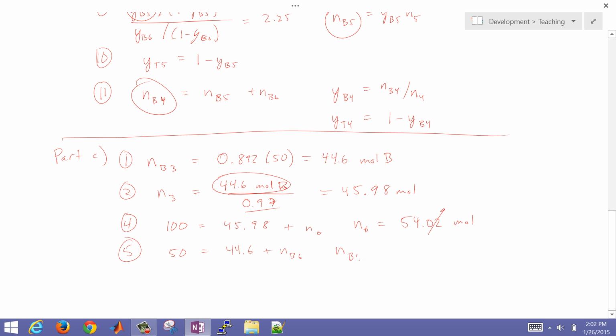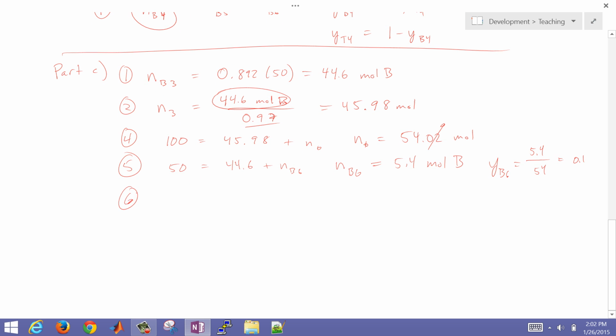Okay, so NB6 then is going to be 5.4 moles of B. Okay, and then YB6 is going to equal 5.4 divided by 54, and that is 0.1. Okay, we're almost done, and then we'll go ahead and use the next one. We'll use NT6 plus NB6 equals N6, and then NT6 equals 54 minus 5.4 equals 48.6, and